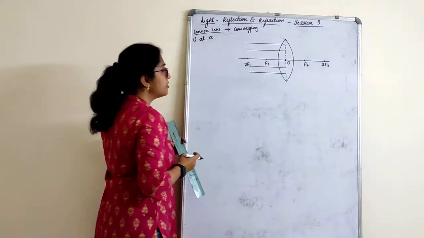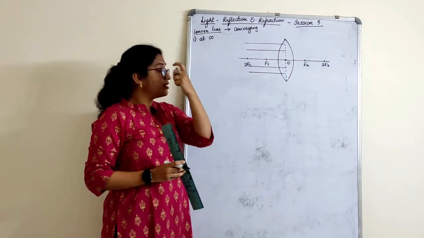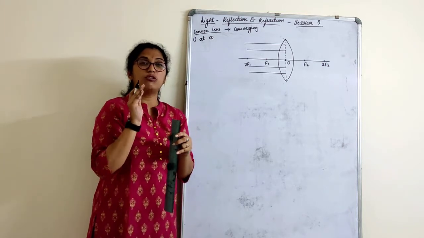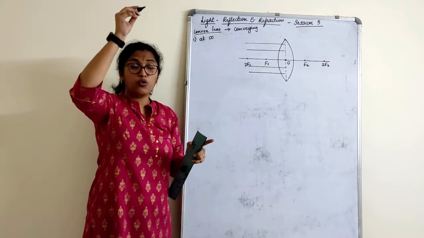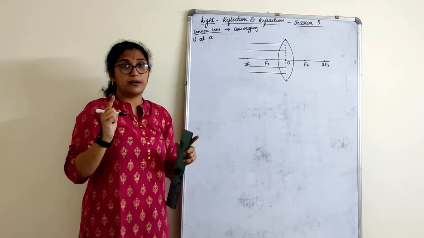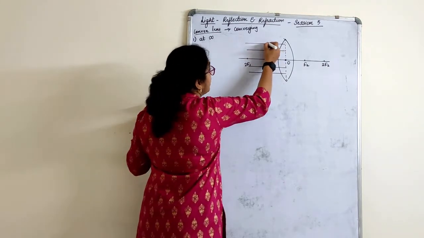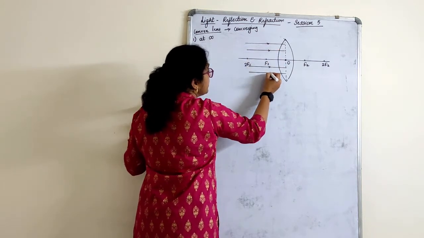As soon as you draw the ray, see why I have to draw the aperture: it tells you where the ray should cut. The ray should not go beyond that. That is the point. That is why I told you to draw the aperture in dotted lines. Okay. So arrow marks are very important when you draw.